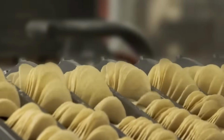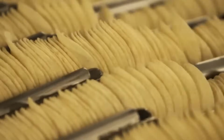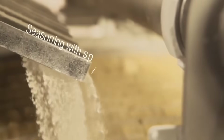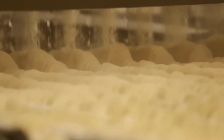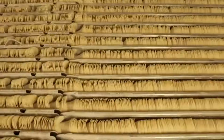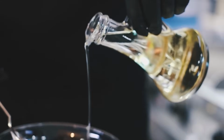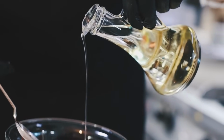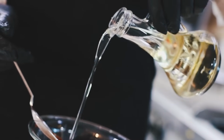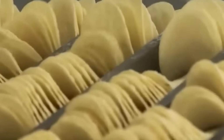The chips enter a large rotating drum, which is a key part of the flavoring system. This drum functions much like a giant tumbler, gently tossing the chips to ensure that each one is evenly coated with seasoning. However, before the seasoning can be applied, the chips must be lightly misted with a fine spray of oil. This thin coating of oil acts as an adhesive, allowing the seasoning to stick uniformly to each chip without clumping. Once the oil mist has been applied, the chips move further into the drum, where a precise amount of